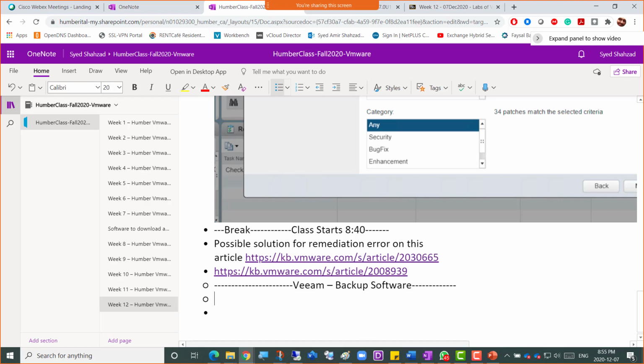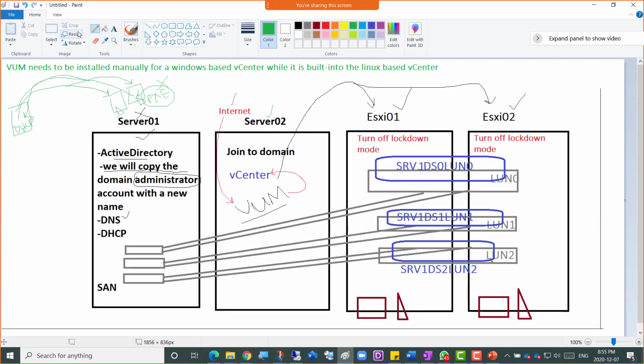So basically our plan here is that we will deploy Veeam to this server 2 as well. Why? Because either we create another machine, or we use just this machine and keep deploying more software on it. And what is the basic plan for Veeam?